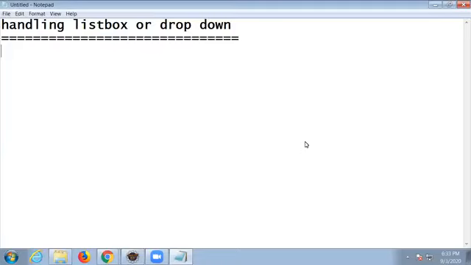And as a tester, what is our responsibility? We need to test the items in that list box. Sometimes we need to select items in that list box, and sometimes we need to retrieve the data, the items, from that list box. You may want to perform all these kinds of activities. So for that, instead of going with send keys, we have some methods. One very important thing is to handle list box or drop down, we use Select class